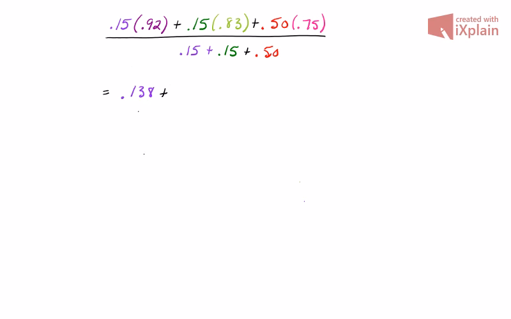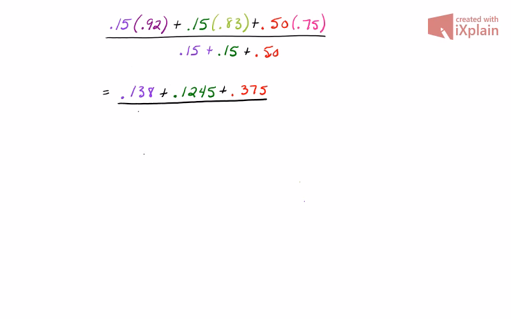Then we're going to do 15% times 83%, and that's going to give me 0.1245, and then 50% times the 75% is going to give you 0.375,